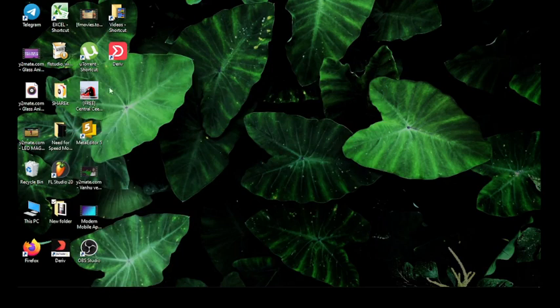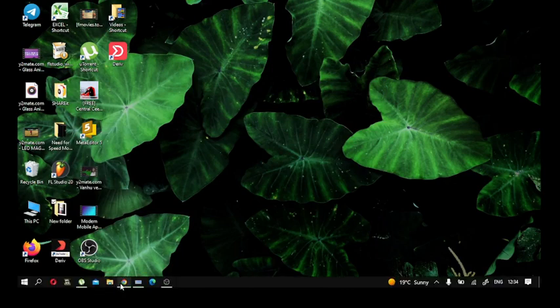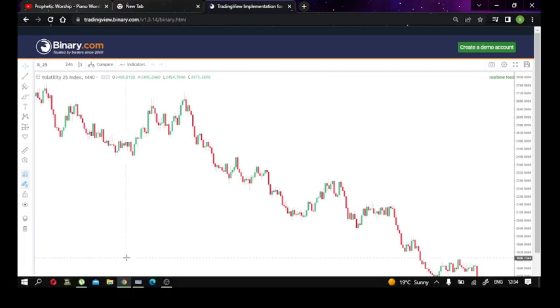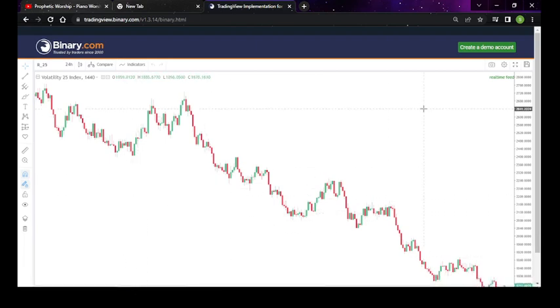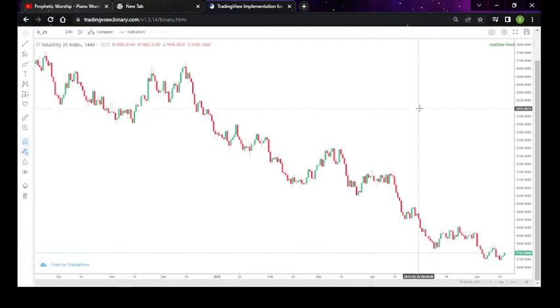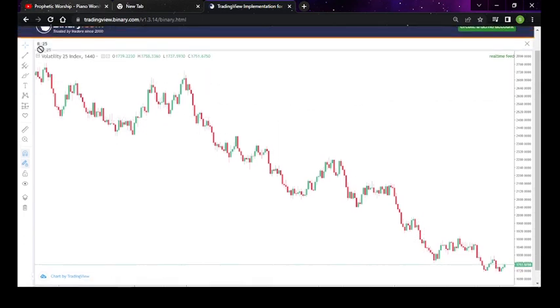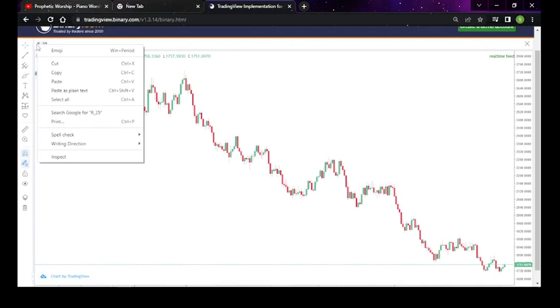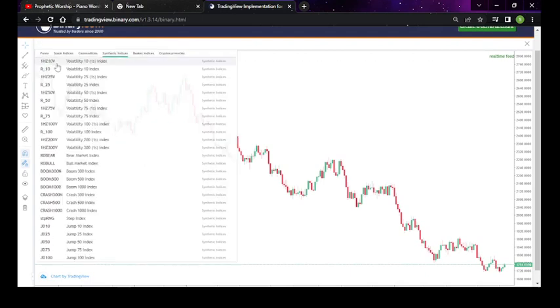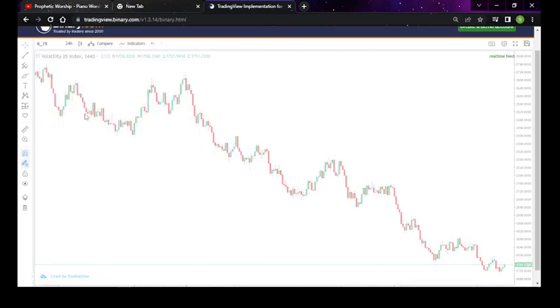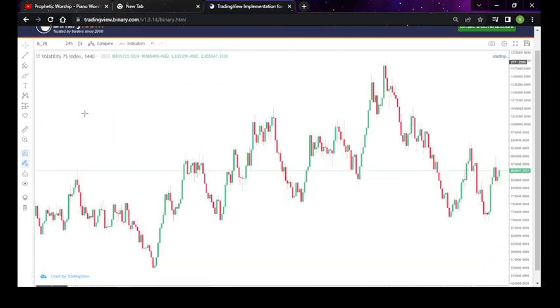So basically we are looking at different charts. Let's see which index you can take. Let's go for V75. V75 is probably one of the most volatile pairs, therefore when entering on V75 you have to use proper risk management. As you can see,